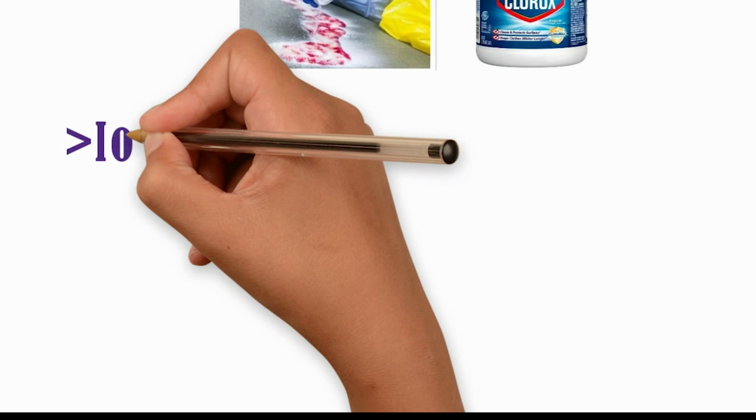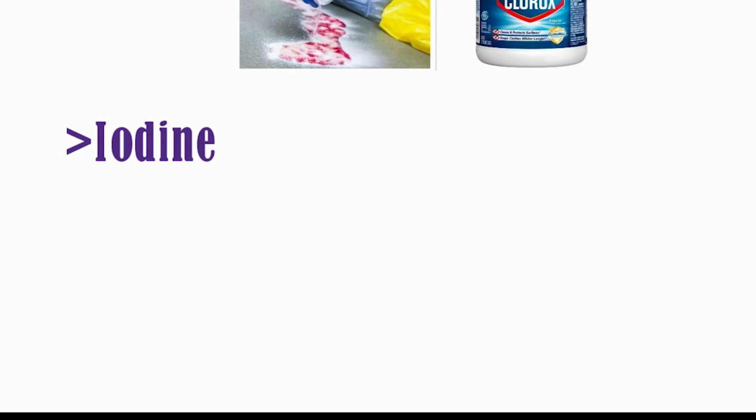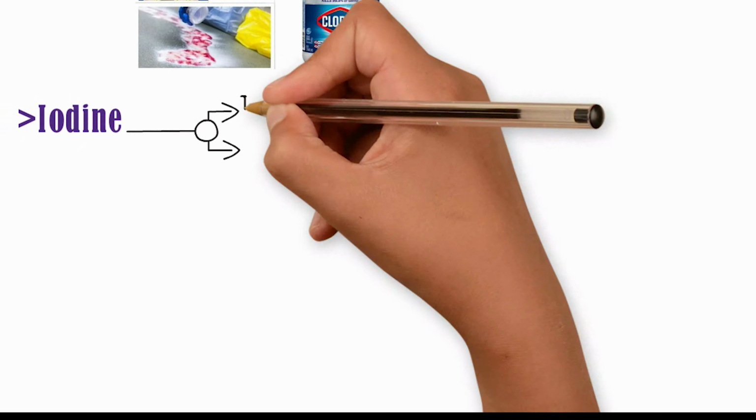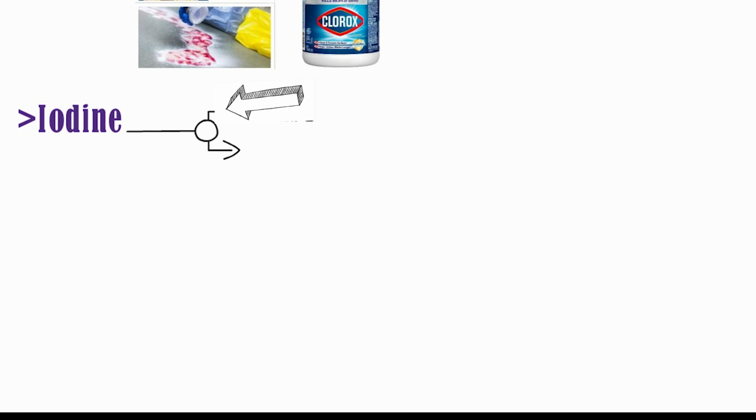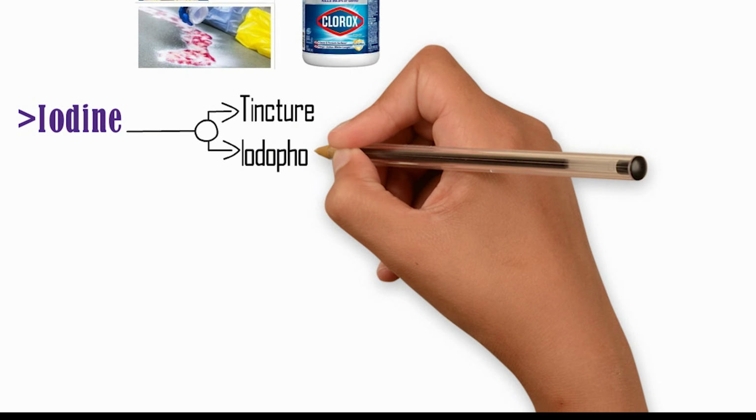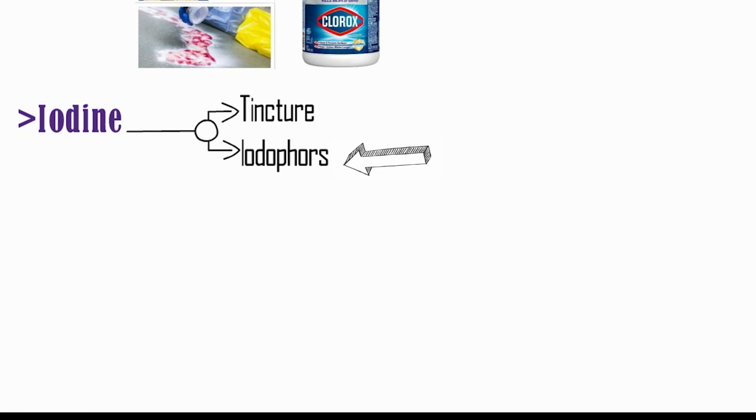Iodine. It is an effective disinfectant that acts by iodination and oxidization of essential components within the microbial cell wall. Its original use was as a 2% tincture solution, which is an aqueous or alcoholic solution of iodine. It is more efficacious but can lead to irritation and staining, and it is mostly unstable. So to overcome this, iodophores were introduced. They are complexes of iodine and a stabilizing agent or a carrier. They are less effective against fungi and spores.